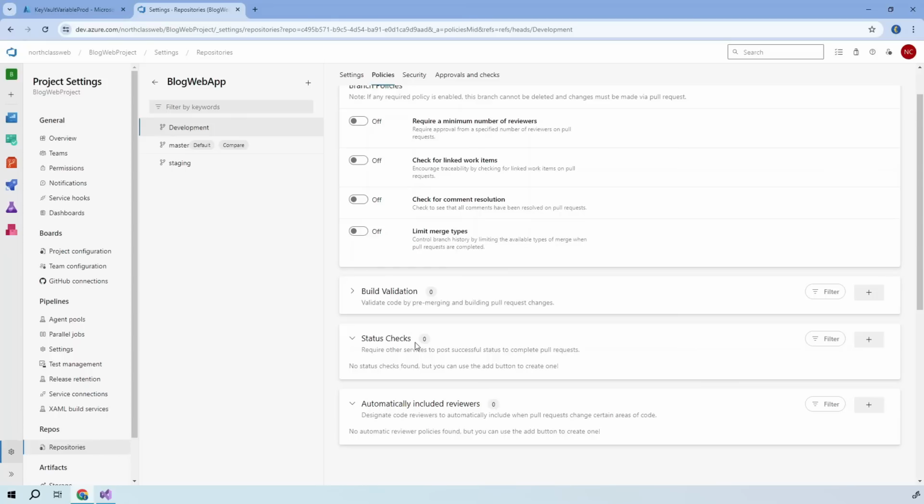The status checks give you the possibility to check if the other services have successfully passed before completing the pull request. And then we have the automatically included reviewers. Sometimes you want to include some reviewers by default in your pull requests without adding them each time you create a pull request. So what we are going to do is apply the branch policies on